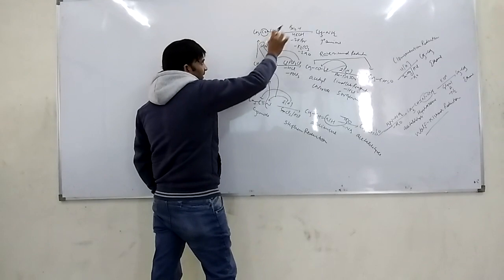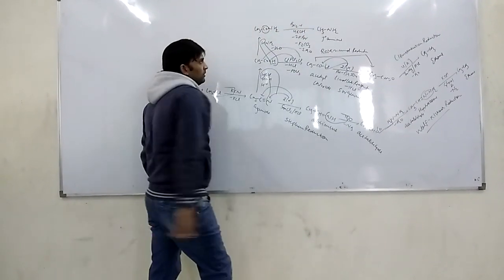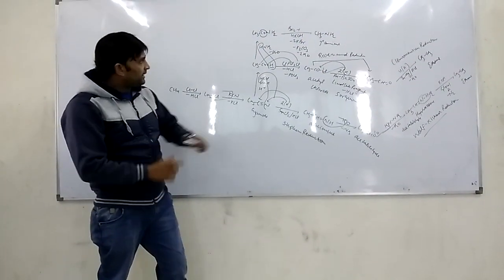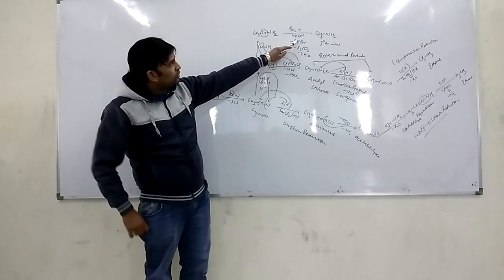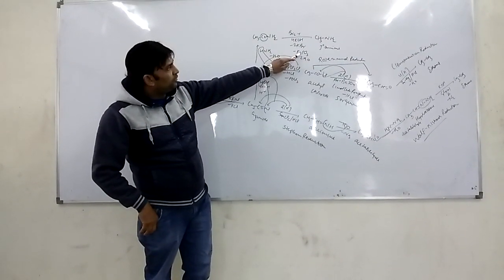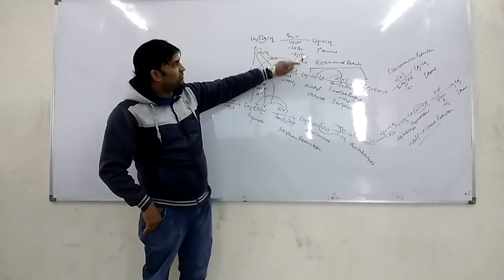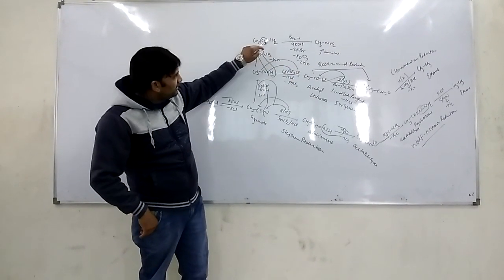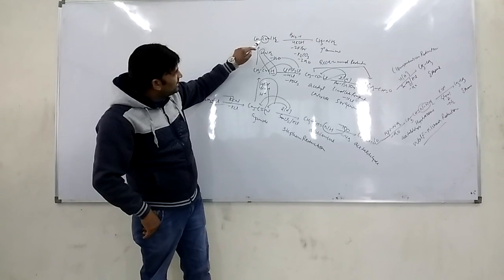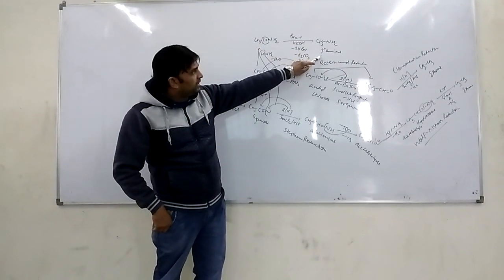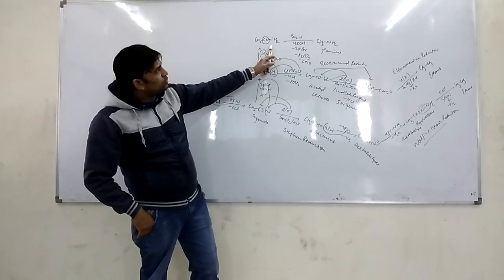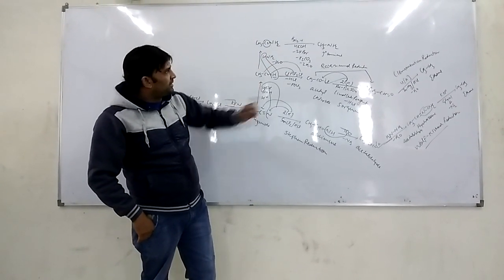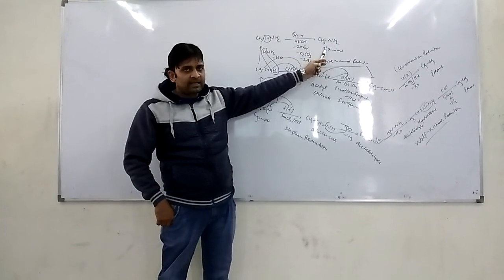This amide reacts with bromine and 4 molecules of alkali. 2 potassium react with 2 bromine and form 2 KBr. The rest of the potassium is released in the form of K2CO3. Hydrogen is released in the form of water. This CO is released and it is converted into the 1 degree amine. What does it mean? This reaction is used to decrease one carbon atom. This is amide and this is amine.